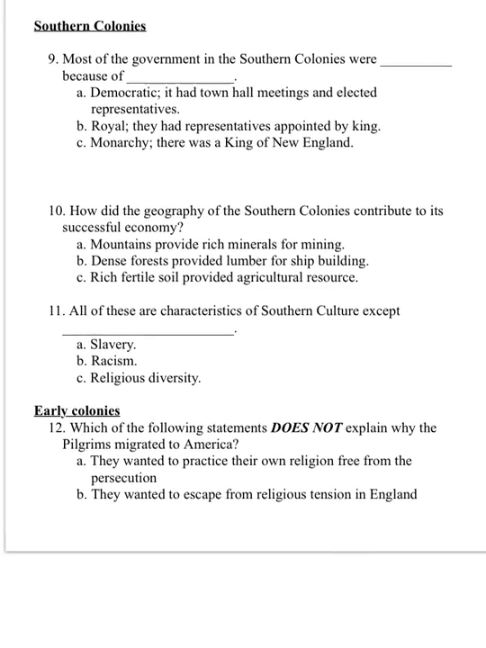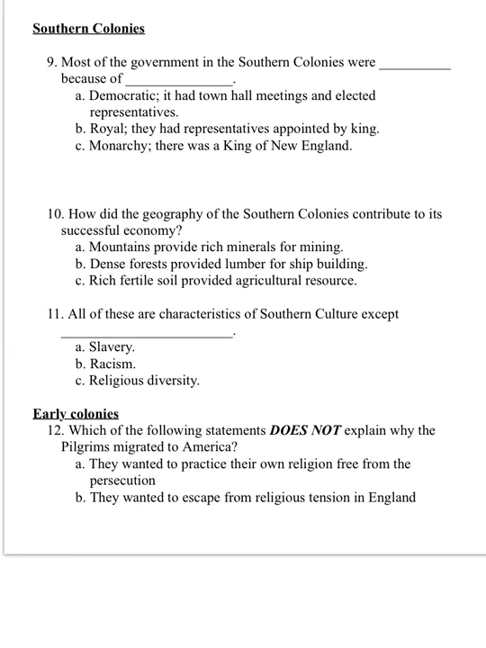Okay, the next section is about southern colonies. Number 9. Most of the government in the southern colonies were blank because of blank. And like the ones I've done before, I'm going to read the whole sentence again, but I'm going to fill in the answer choices. So A,